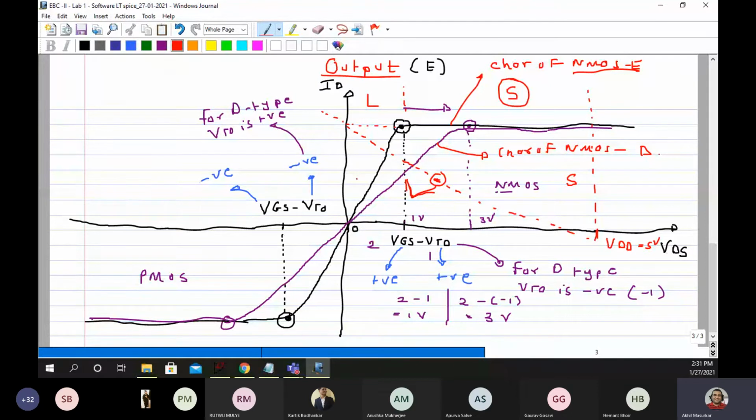In case of resistance, depletion type transistor is better, and in case of a switch, again enhancement type NMOS is only better. So this is what is expected from the output of the experiment. And all this thing, I told you that this point will shift here and like that. This I will demonstrate now through the experiment. So I will give you another 5 minutes to copy this thing in your own way, and if there are any doubts, you can question, unmute and ask, and then we will directly go to LT Spice.